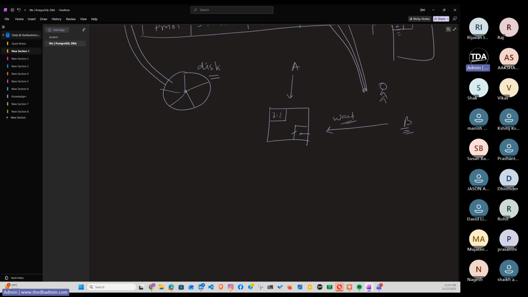But if he needs similar information, then he has to wait until this guy is done, or we have to find an option where both people can work, which we call